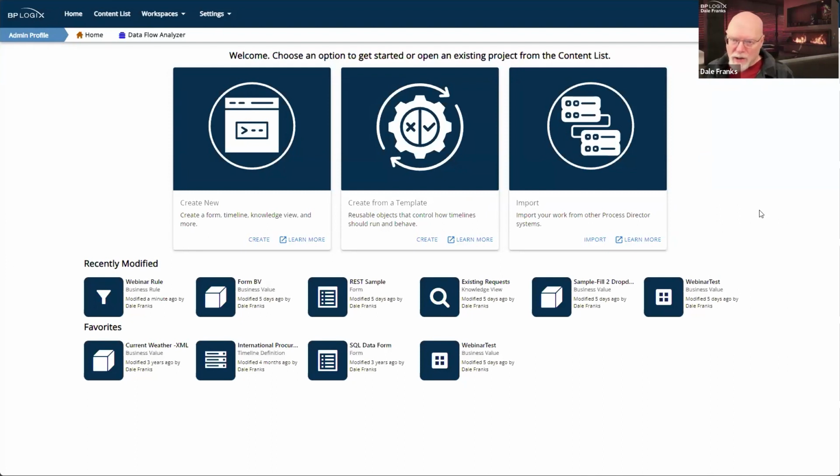These three action tiles will be different on a production server versus a development or staging server. On a production server, you generally shouldn't be creating items. So you shouldn't be creating business rules or forms, and you shouldn't be creating applications.